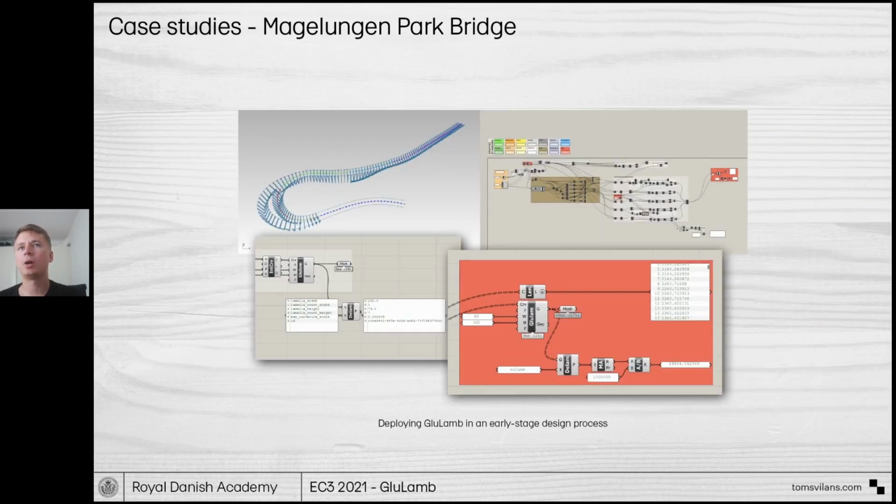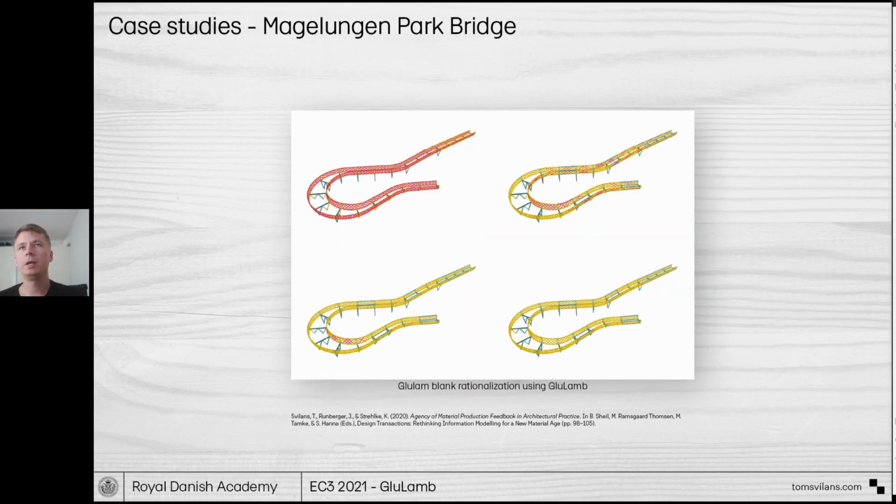The project creates the opportunity to deploy GluLamb in an early stage design setting within a practice. This allows fast, iterative development of design strategies that embody GluLamb constraints and reveal implications for further stages. A key part of this case study is the rationalization of the GluLamb blank types in the resultant freeform timber design. By modifying the type of GluLamb blank that the design elements are manufactured from, anticipated savings in production complexity